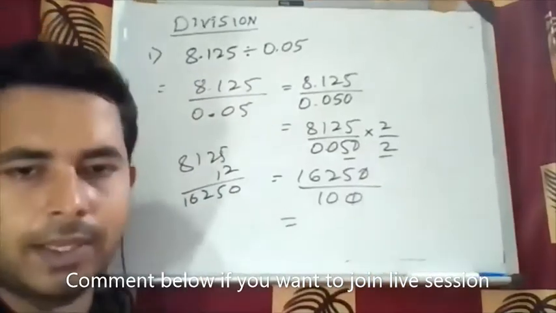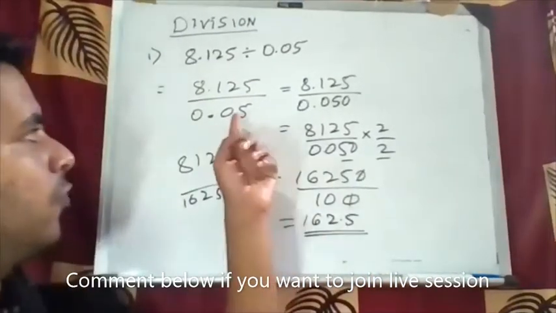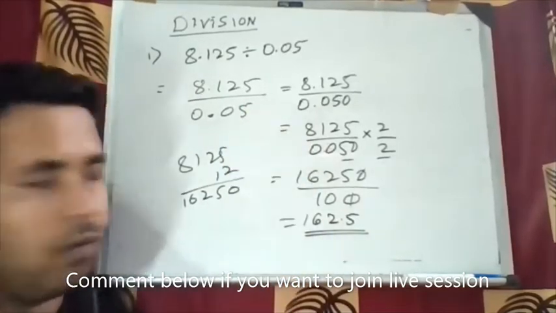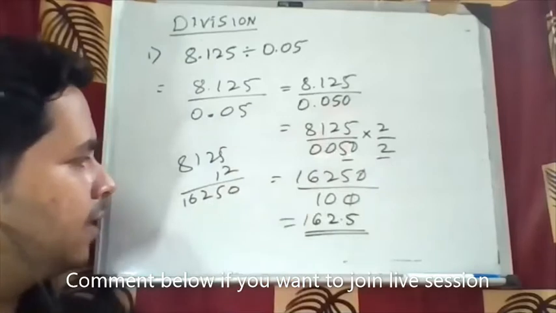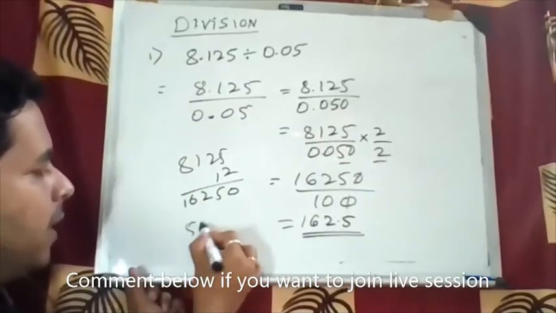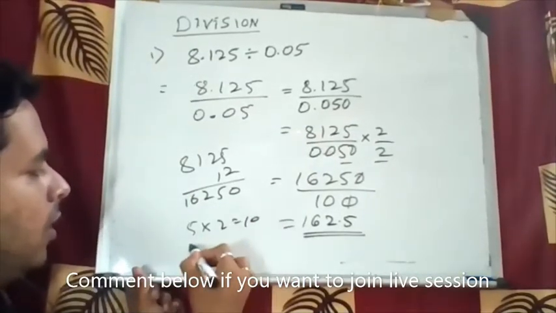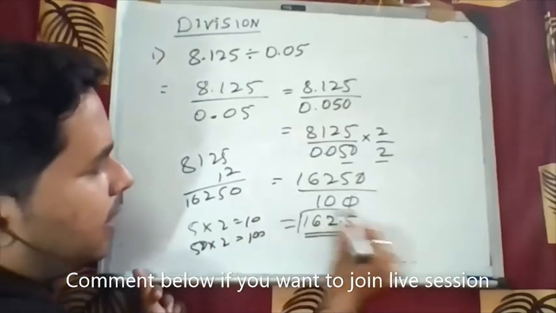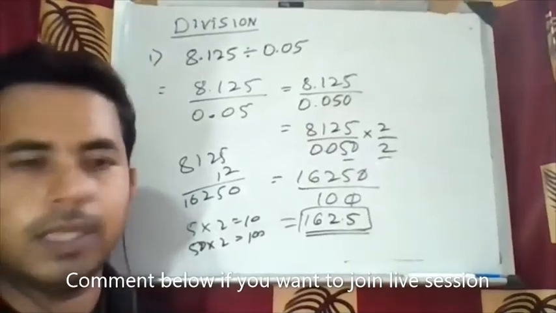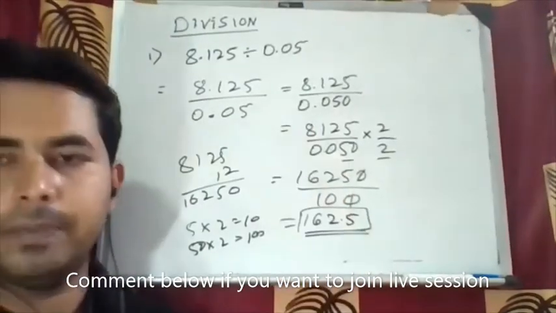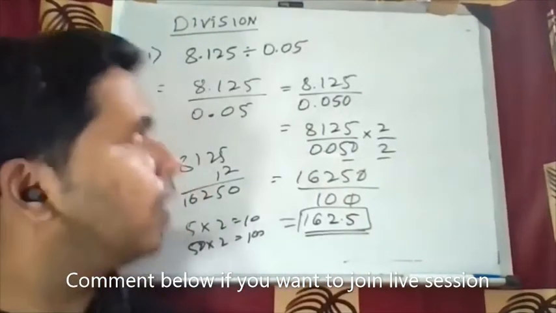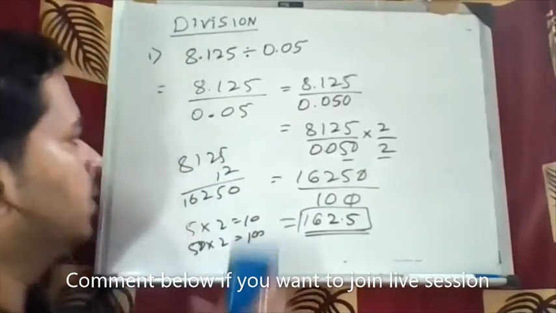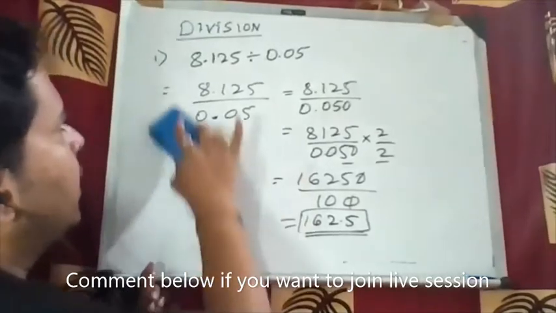What you have to do is, if by chance the decimal denominator is 5, try to make it 10 or 100, so you can directly make it in decimal points. So instead of dividing one by one, this is one way of doing decimal division. Okay, so I'll take one more example.